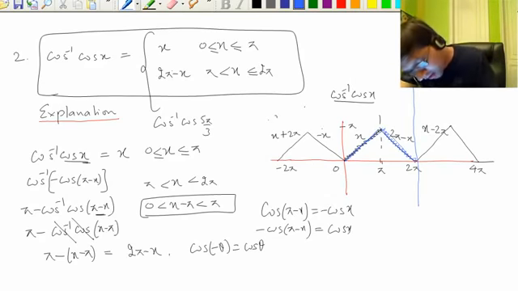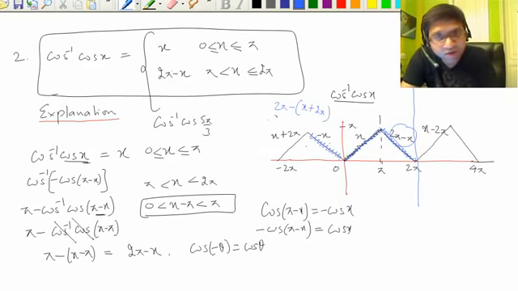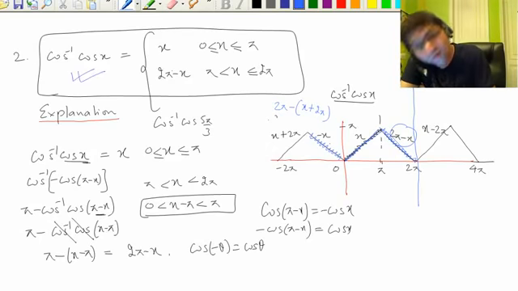Fine. And again, if you want to find the definition of this section, this is a shifted version of 2 pi minus x, 2 pi units left. So we start from 2 pi minus x and we replace x by x plus 2 pi, it becomes minus x. In the same way, by shifting we can find the definition of each and every section. So the main thing is you need to learn this definition from 0 to 2 pi of cos inverse cos x, and this triangular graph.